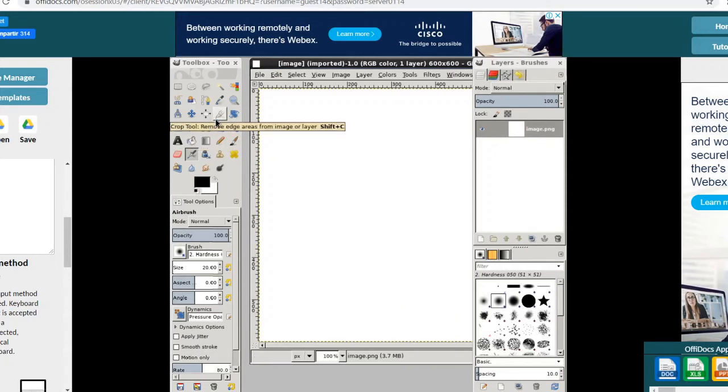In this you will find different types of tools. Next is tool options. This displays different properties of the currently selected tool. You can set various values or options for the currently selected tool from this section.